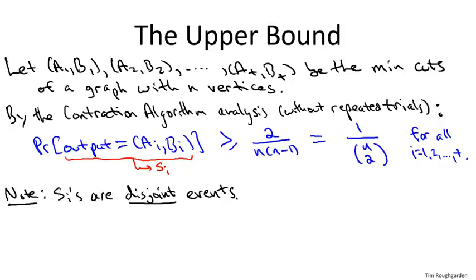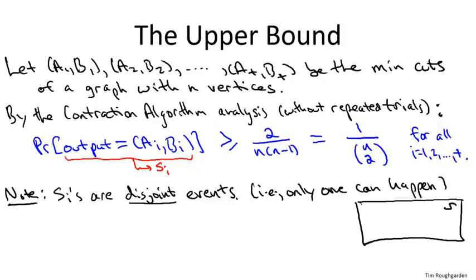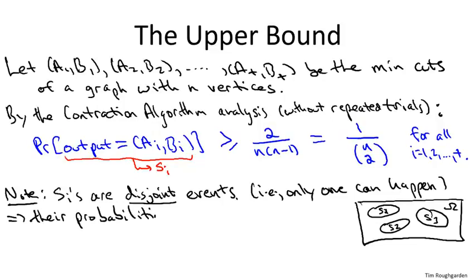The probability of the union of a bunch of disjoint events is the sum of the probabilities of the constituent events. If you want to think about this pictorially, you can just draw a big box denoting everything that could happen, omega, and then these Si's are just these blobs that don't overlap. So S1, S2, S3, and so on. Now the sum of probabilities of disjoint events can sum to, at most, 1. Right? The probability of all of omega is 1, and these Si's have no overlap and are packed into omega. So the sum of their probabilities can only be smaller. Writing that formally,